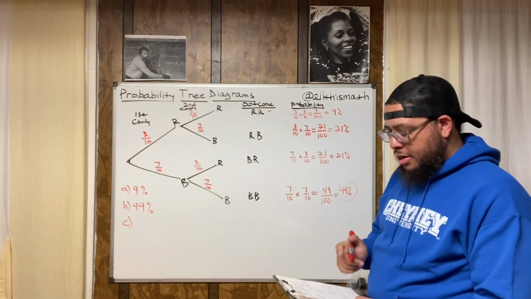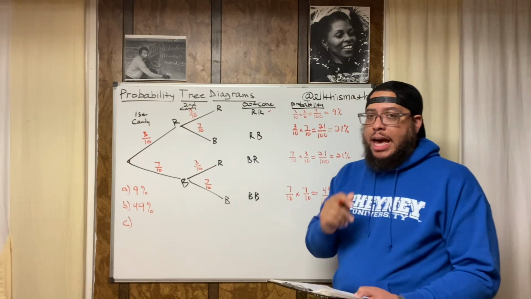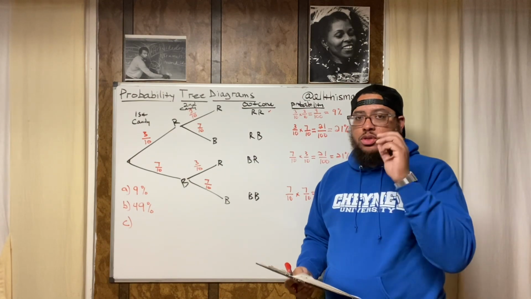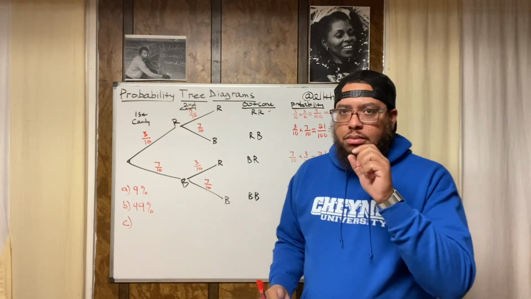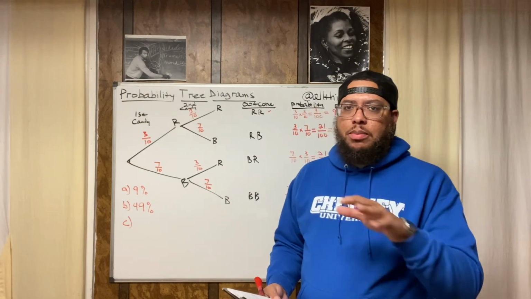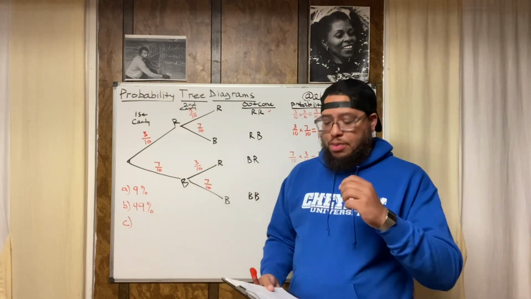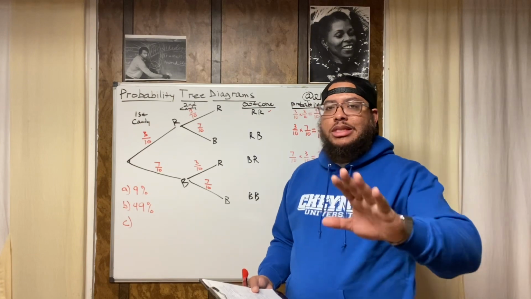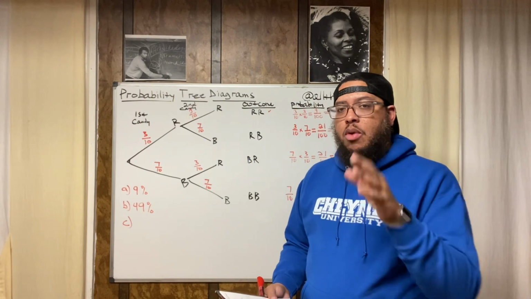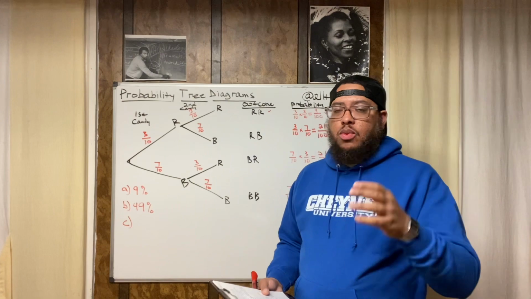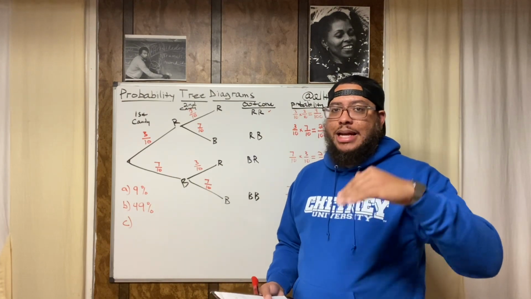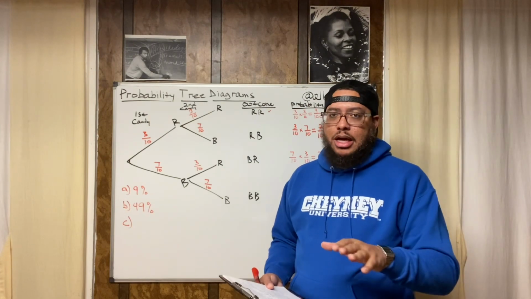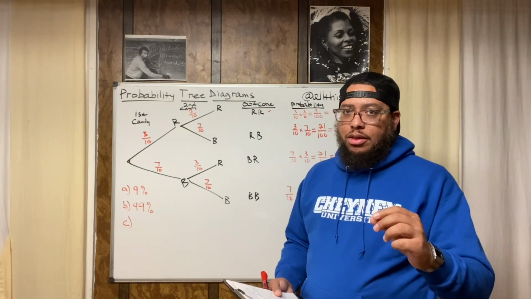Now, part C says, at least 1 blue candy. At least. All right, at least. Now, she picked 2 pieces of candy. So when we see the phrase at least, we got to know how to utilize that. We got to know how to apply that, right? So at least means she could pick 1 blue raspberry candy or 2 blue raspberry candies. Now, notice I just used the word or. And what I told y'all before, when we see the word or hear the word or, that means we're doing addition. We're going to add the probabilities together. We're not going to multiply the probabilities together. We're going to add the probabilities together, right?